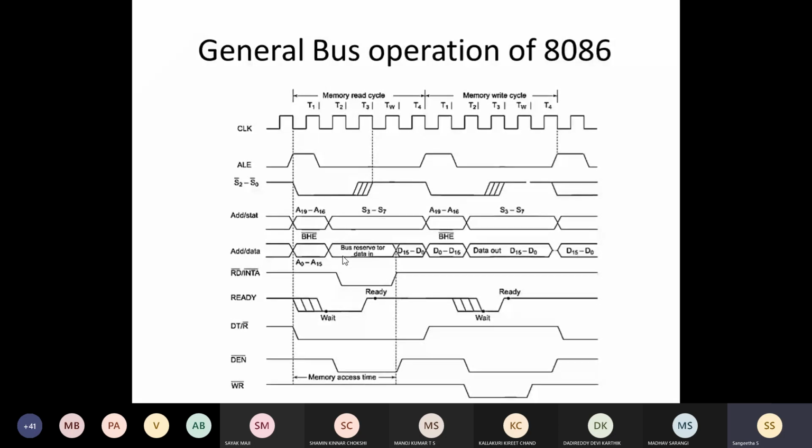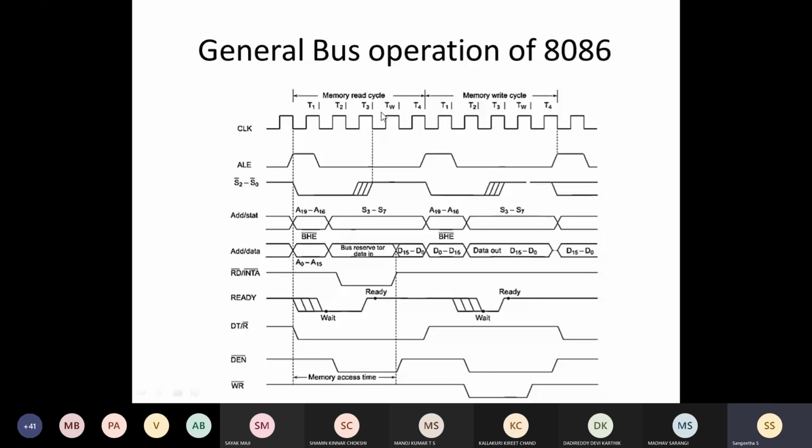In all the bus cycles, the address will be transmitted in the first cycle, that is T1. T1 means up to this cycle. T2 starts from this low to the next high. So each one is an interval, you can see T1, T2, T3 like that. After that you have one more thing, TW, which is nothing but the waiting state. If some devices are not fast enough, we give some waiting period in order to keep them ready for the next cycle. For that, the wait period is required.